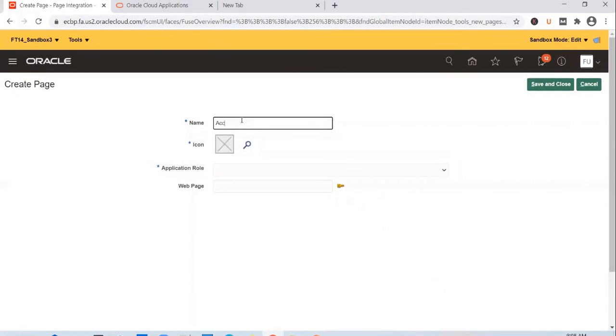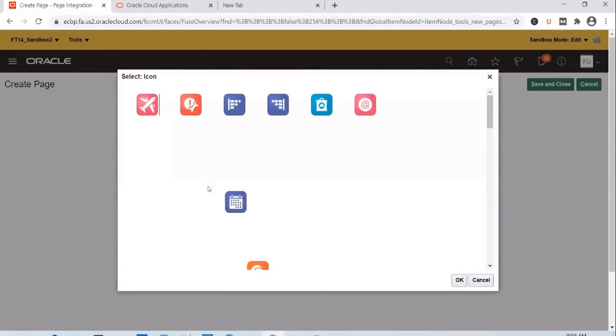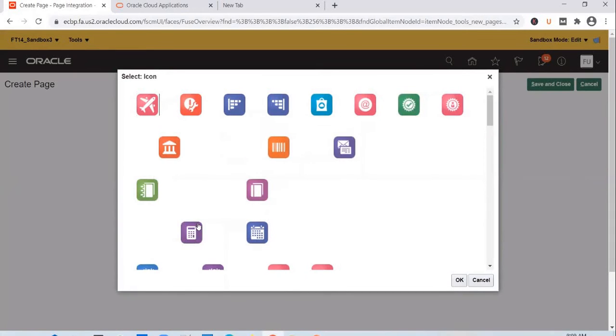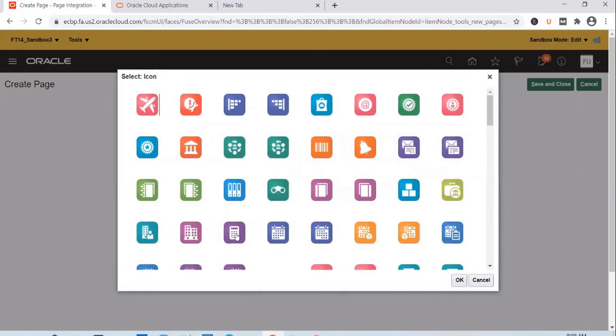and let's call this as maybe an accounts payable on-prem application. Select an icon. Yeah, select any option, that's fine.